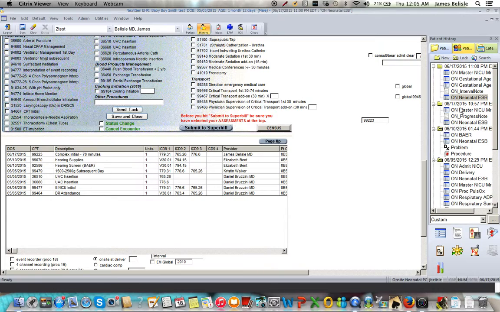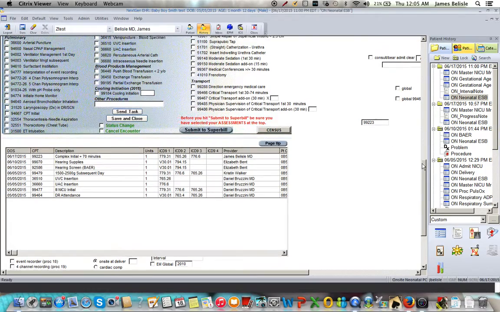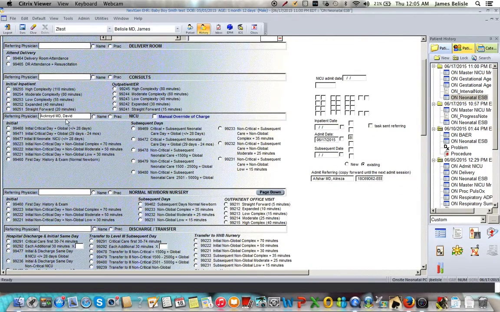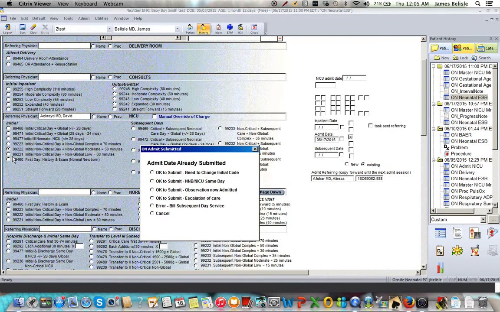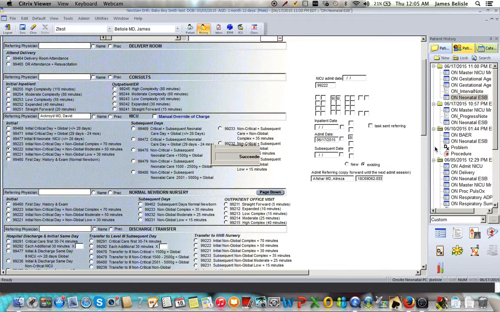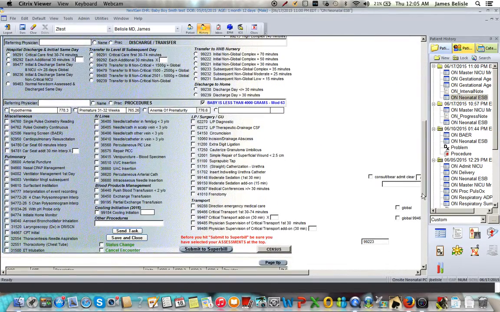The one I just submitted didn't show up. I don't know why. I put in a 99222, I believe. Oh, it didn't show up because I didn't do this. Okay, I need to change the initial code. Now when I submit it here,